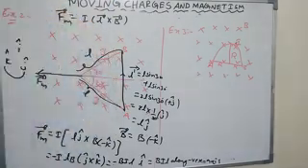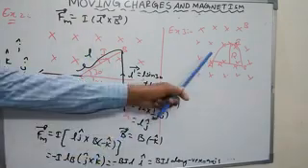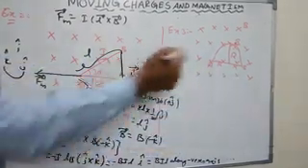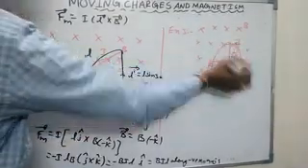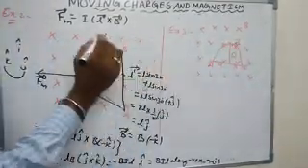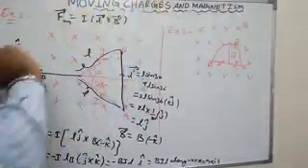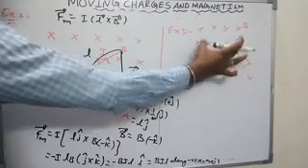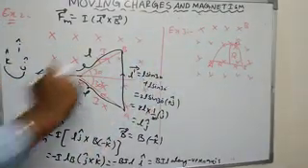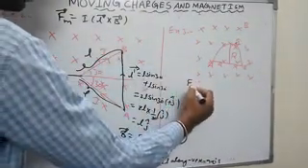The magnetic field is perpendicular to this current carrying wire. Here one more shape is given. This is also a current carrying arbitrary shape, from A to B. This is a wire, and the magnetic field is perpendicular into the board. This current carrying conductor is placed in a uniform magnetic field. Then what is the force acting on it?